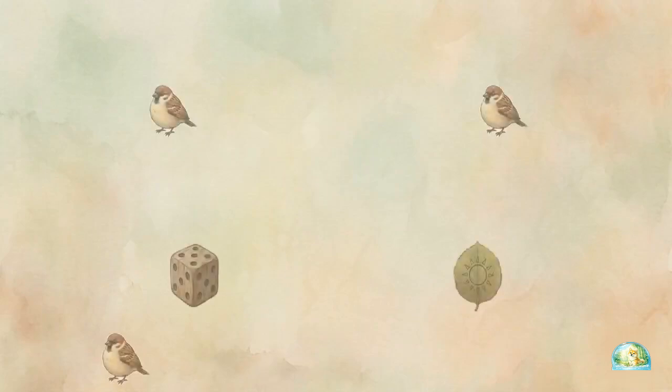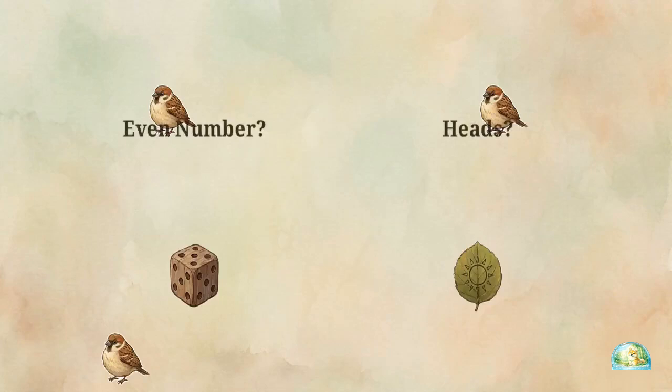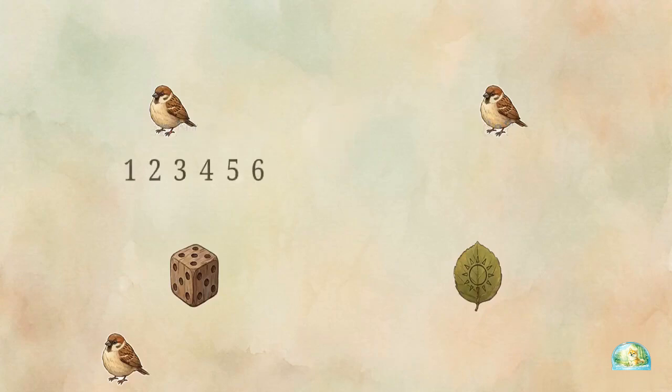Let's calculate the exact chances of a specific scenario. Here, meadow birds gather around a wooden number cube and a leaf coin. We want to find the probability of rolling an even number on the cube and flipping heads on the coin. Pause the video here. Try to set up the math for these 2 independent steps before we walk through it